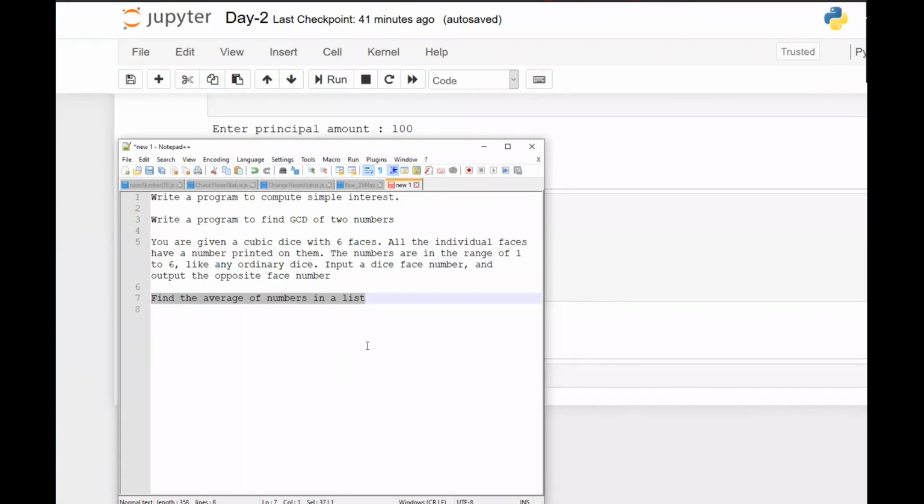There are a lot of things, and if you want to master it, you will have to put in effort from your end also. In the last class I had briefly discussed lists. I had discussed some of the data structures in Python: tuple, list, dictionary, and set. So here the idea was to take a list and find the average.